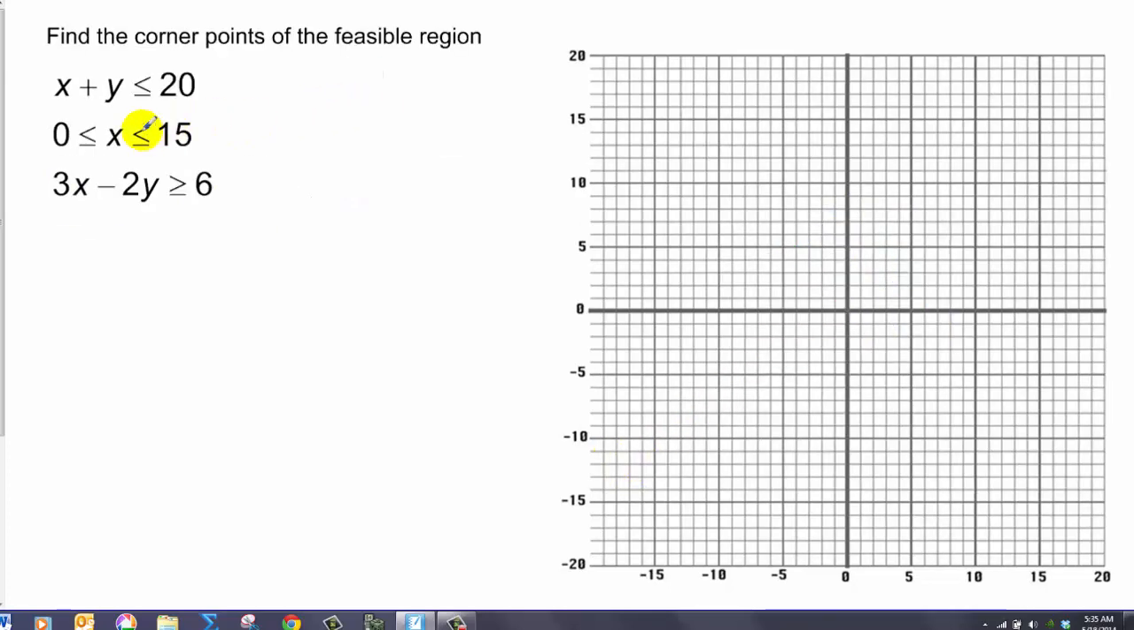And lastly, we're going to use 3 equations, actually 4, because I have x is greater than 0 and less than 15. I use intercepts once again. Here's 0, 20, 20, 0, 0, negative 3, and 2, 0. Let's go ahead and graph all these. There's 20, 20,